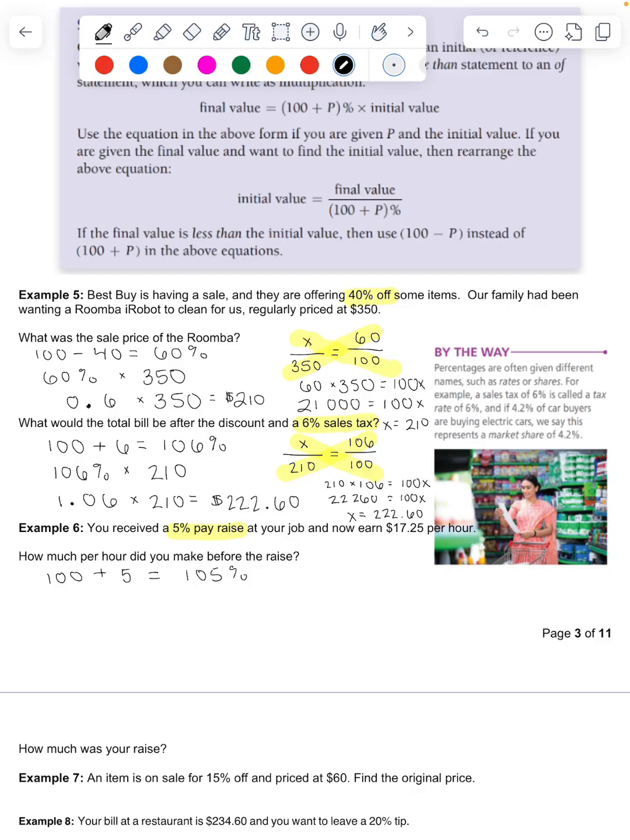So I'm going to use the second formula up there. My final value, what I'm making now, is $17.25, divided by 100 plus P, which we already found was 105%. I need to change that to be a decimal. So 1.05, 17.25 divided by 1.05. And I get that I was previously making